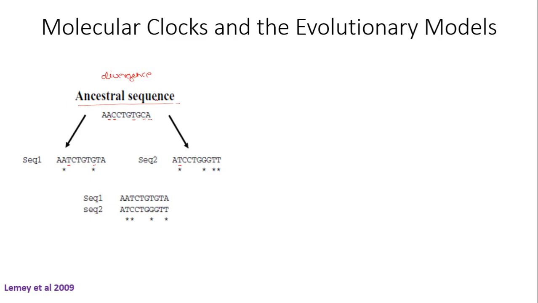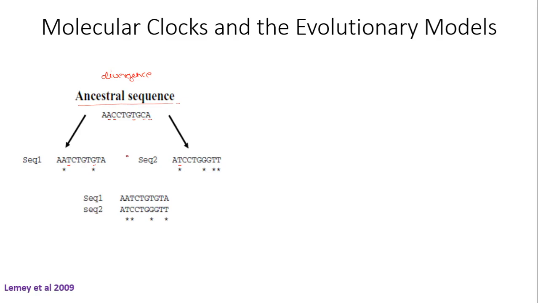Okay, by accumulating these mutations in two different lineages, we say that these two sequences have diverged from the ancestral sequence. In the above case, we can say that the two sequences, sequence 1 and sequence 2, are derived from a common ancestor, and these two sequences have evolved independently of each other, and in due course of evolution they have acquired their own mutation. And based on this fact, finally we can conclude that this genetic distance is a measure